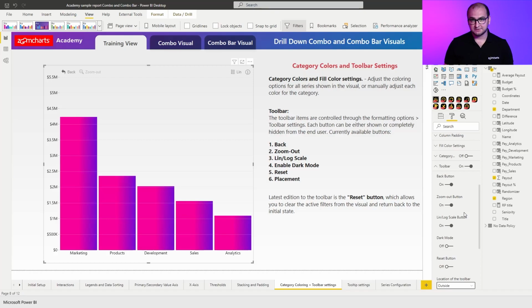Those are the back button, which you can enable or disable, the zoom out, and the lin/log scale. You can also enable dark mode, place a reset button within the toolbar, and play around with the placement like I did before. So the difference between these buttons: the back button is always going to take you one step back in the